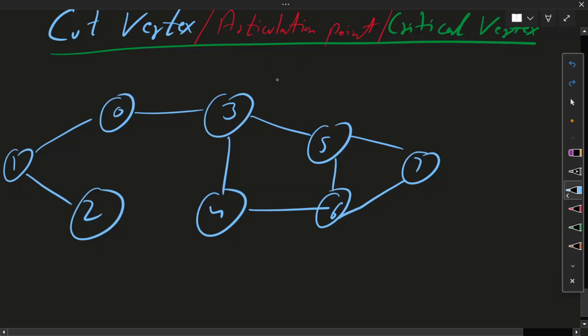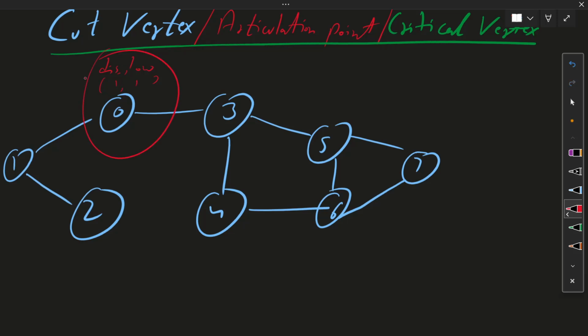So we're going to use the same approach that we applied in the critical edges video. We have two arrays, a discovery array and a low array. To check whether a node is visited or not, I assigned infinity to low. Another way is to start with a timer at 1. If the timer value is 0, it means the node is unvisited.